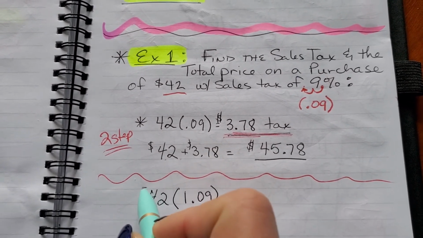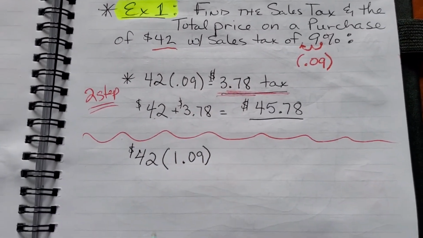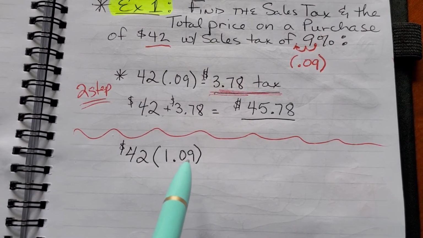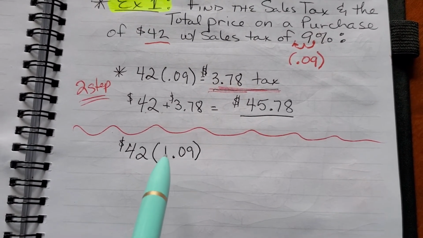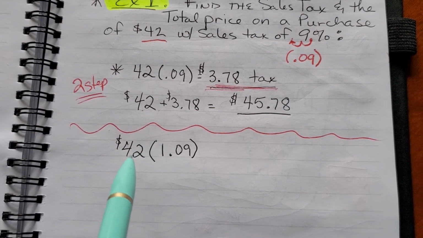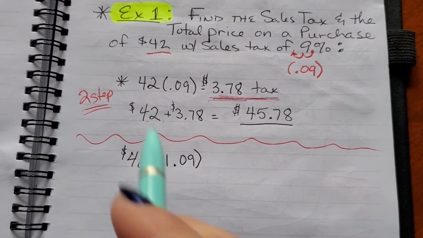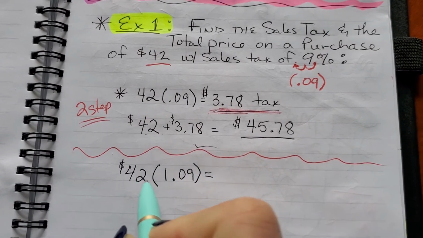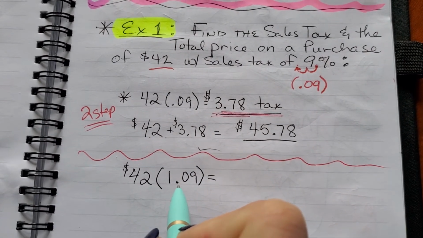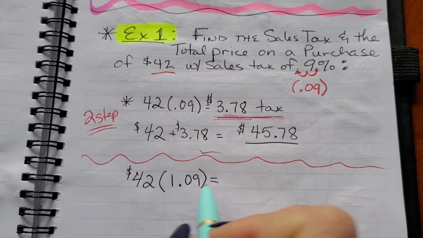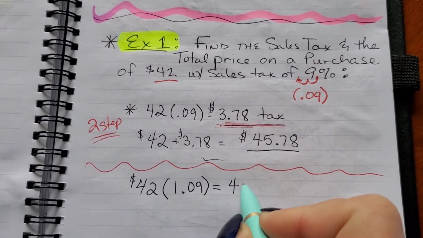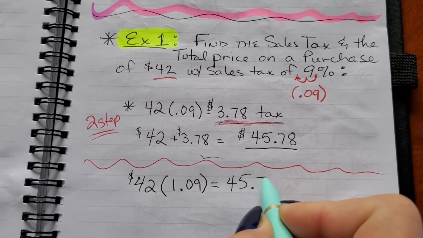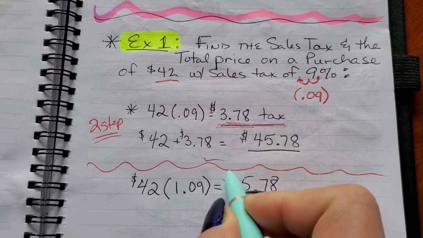So we take the original cost of our item, which was $42, and multiply it by 1.09. If you enter this straight into your calculator, 42 times 1.09, you will automatically end up with your final answer,